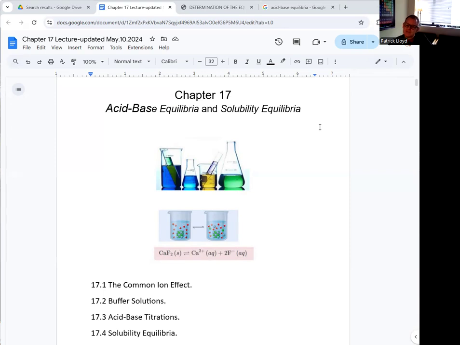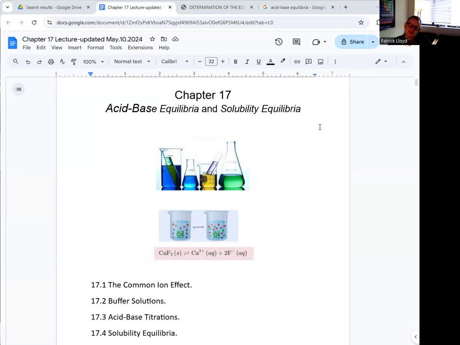So in chapter 16, we looked at primarily very simple systems like a strong acid solution. Let's find the pH of that solution or the percent ionization, for example. The strong bases, where we might find the pOH, and then from that, find the pH. Weak acids, where we had to introduce the idea of chemical equilibria in order to do those calculations, and with weak bases as well. So in chapter 17, what we're going to look at are a couple of different types